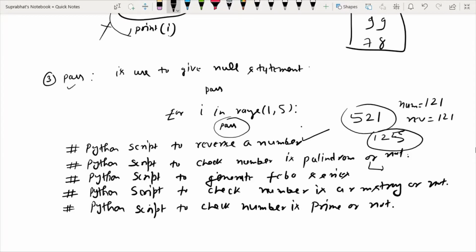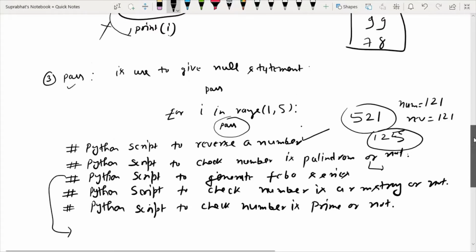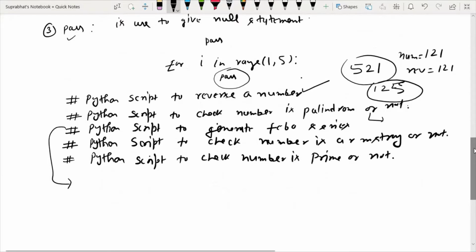Then the third one is to generate a Fibo series. A Fibo series is a type of series like this. This type of series has initial values 0 and 1. This is the value of A and this is the value of B, and the next value C is the sum of A and B. So C is 0 plus 1, that is 1.